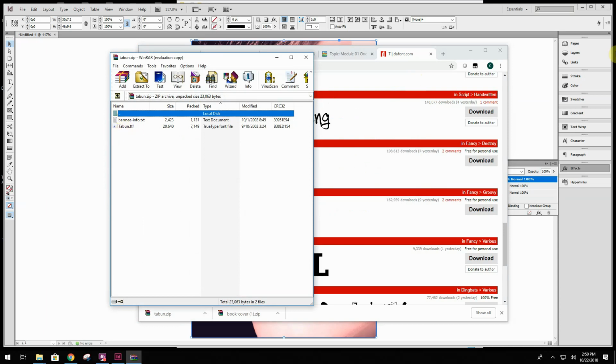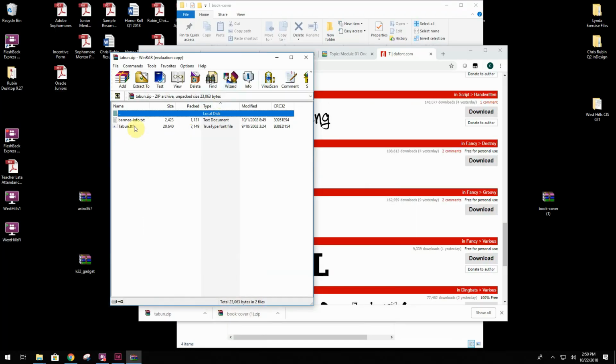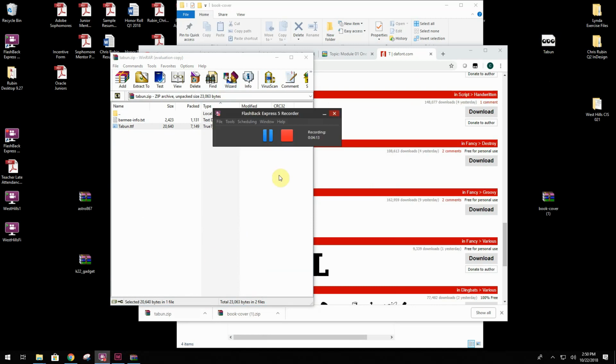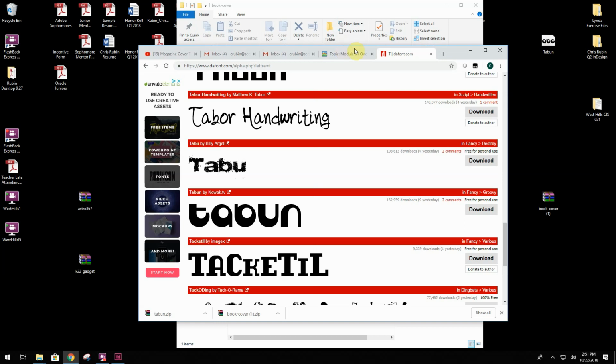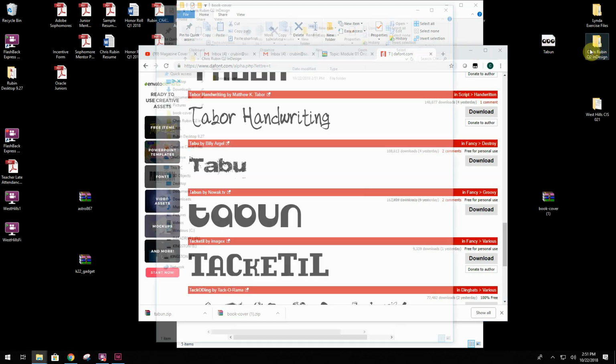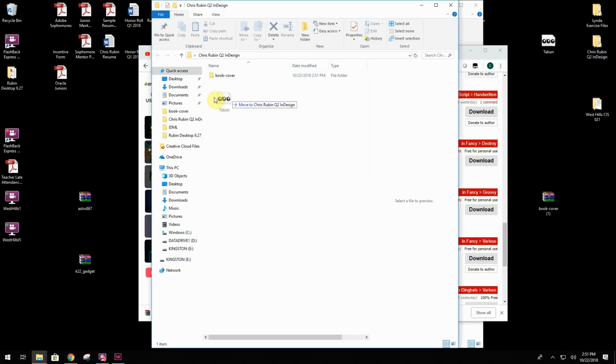And the file that I want is the TrueType font file. So all I have to do with that file is I'm going to take it, I'm going to drag it onto my screen. All right, now that it's on my desktop, if I want to, I could take it and place it in my book cover folder. Doesn't really matter because what I'm going to do next is